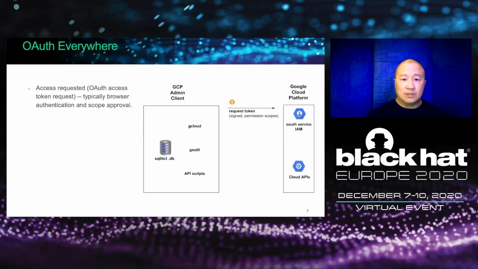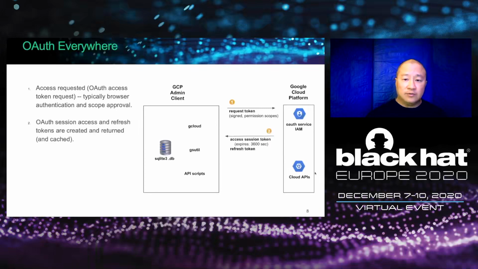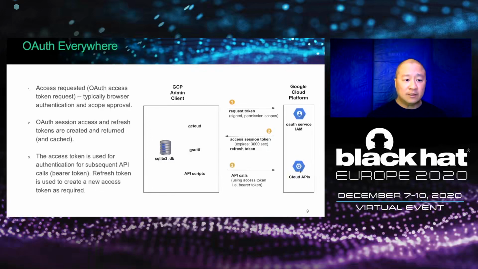So the first step is whatever's requesting access, in this case the CLI, requests a token, which really means an access session token and a refresh token. We'll cover how those are used later. But the access token, sometimes called a bearer token, is passed in the HTTP header for an actual REST API call. After an hour, it expires, at least that's its default timeout, and then the refresh token is used to